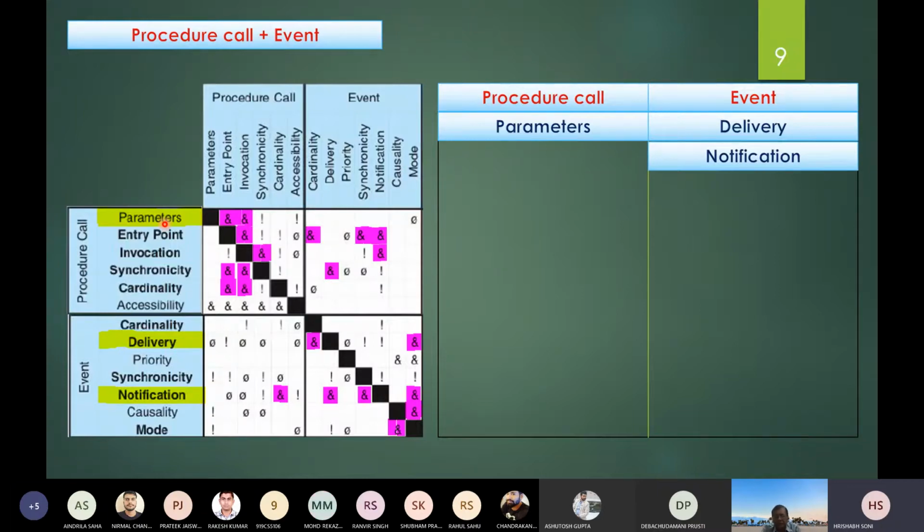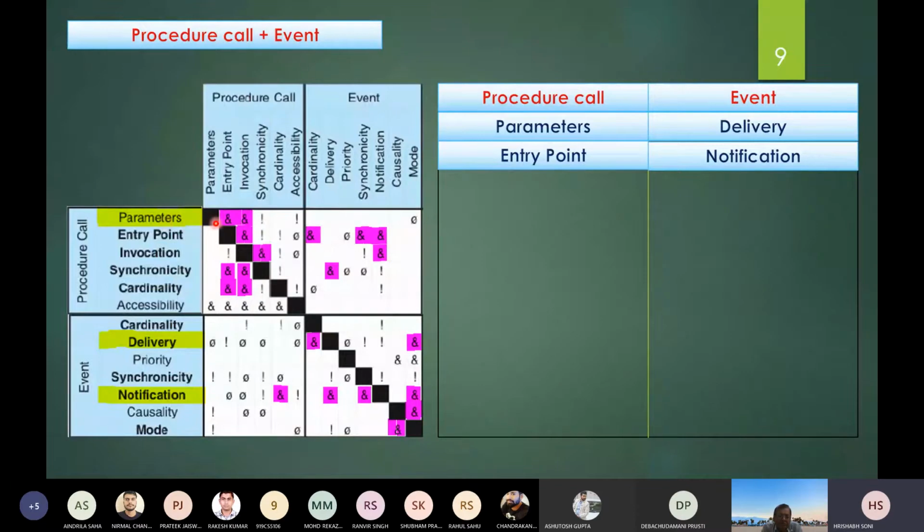Now for parameters I'm checking the compatibility. Here I can see that for parameters within the procedure call I need entry point also. So I have to add entry point within the procedure call in order to get the compatibility to be true.